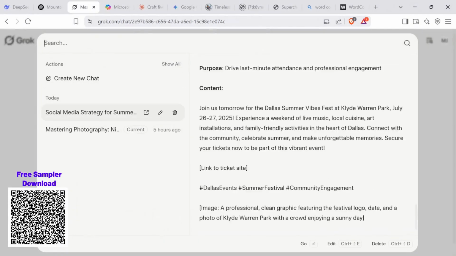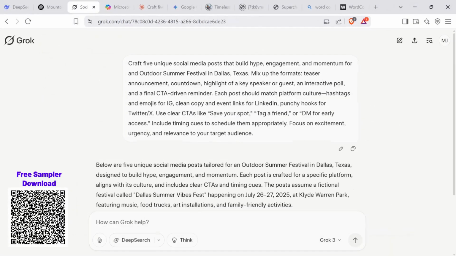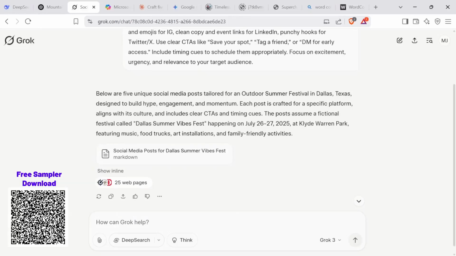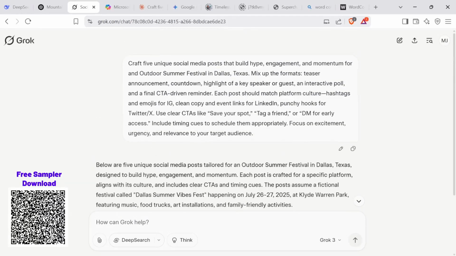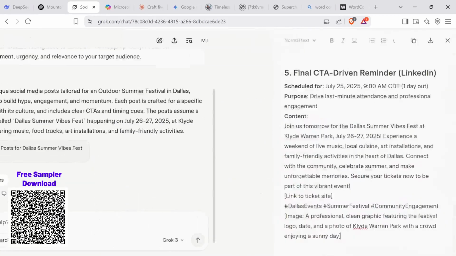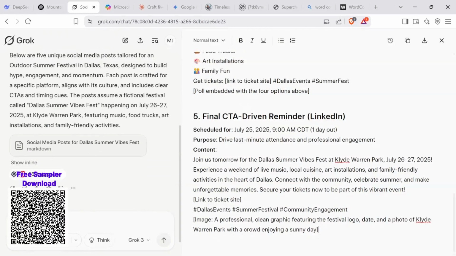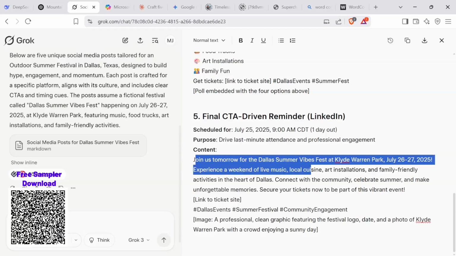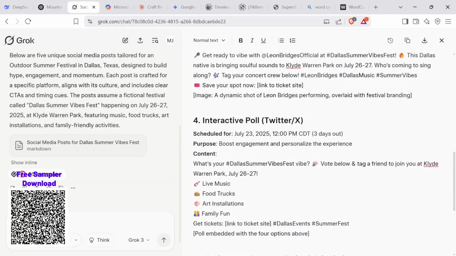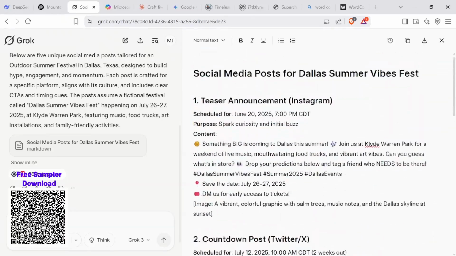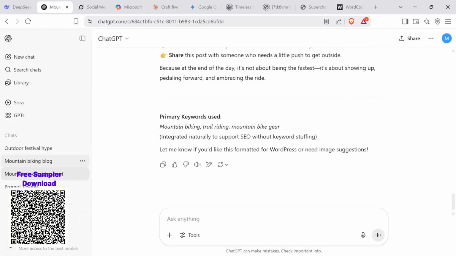All right, over here, social media strategy for a summer event in Dallas, Texas. Here's the markdown, and Grok actually went out and searched 25 web pages to help bring this in, right? And it says join us tomorrow for the Dallas Summer Festival at Klyde Warren Park. Now, I don't know if there was going to be a summer festival, and I just put it in there. We'll do one quick look over it here at